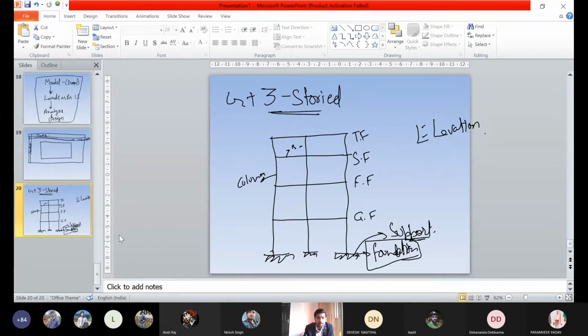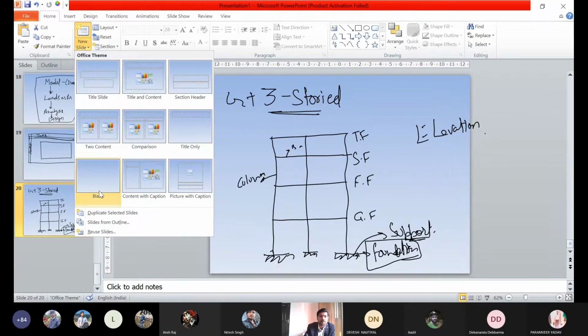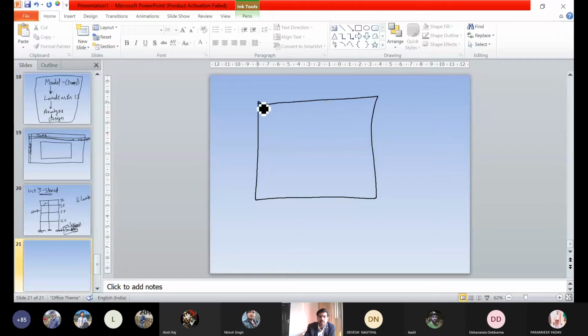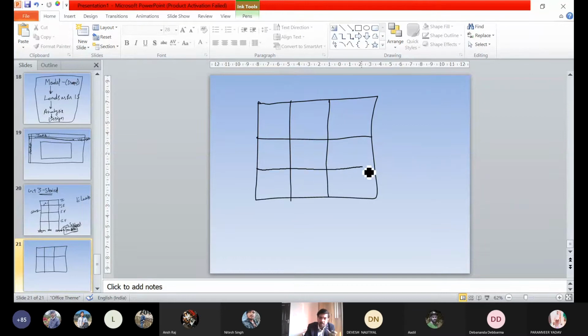Now, one more thing we will require, that is the plan. Right now I am taking the simplest thing just to show you how these buttons are used. Then we will go for a practical plan. Okay. So this is the plan. This plan is 3 meter, 3 meter, 3 meter, 3 meter, 3 meter, 3 meter.